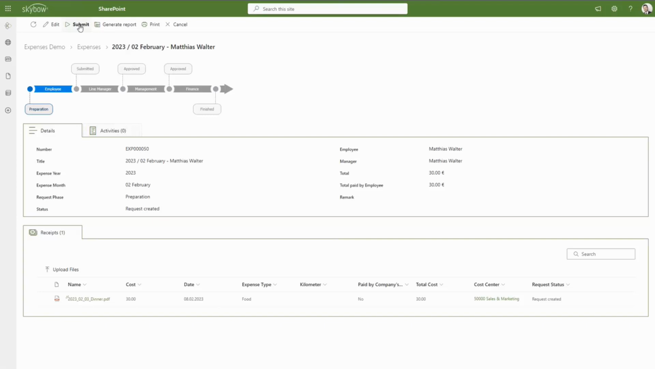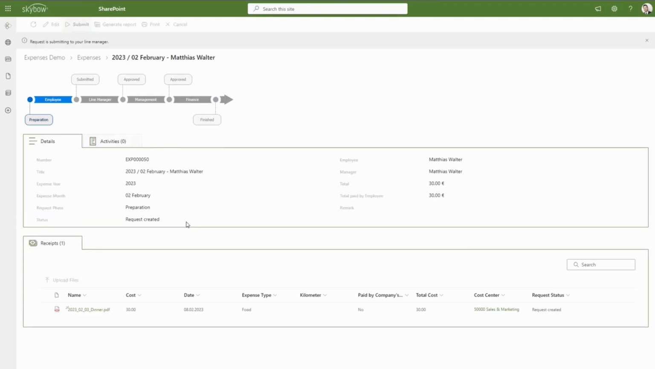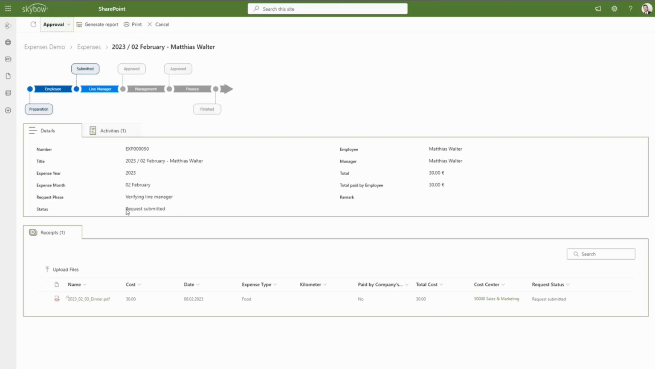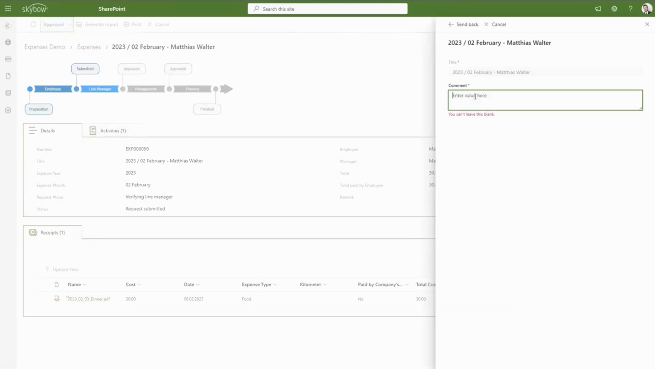Now if I go and submit it, the status has been changed to submitted. And also down here, as you can see, my file also got the status submitted automatically. If I revert it back, say no, and back,